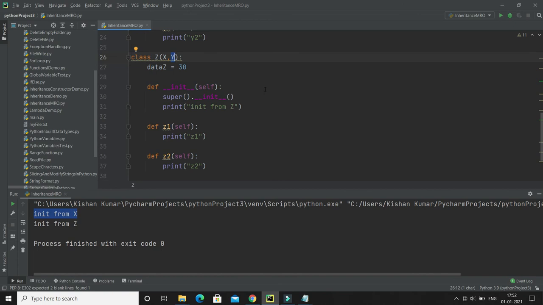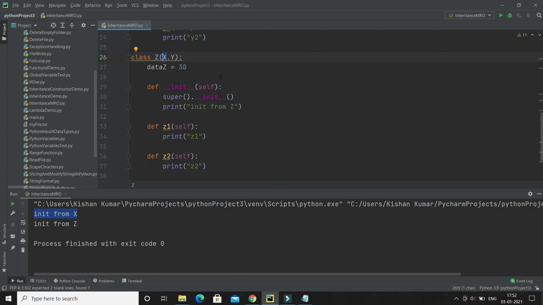Method resolution order says if your class extends multiple classes, that means if a child class has multiple parents, then it will resolve the order from left to right. So from left to right, first of all the leftmost is X, right? So that's why it is calling the init method of the left superclass.